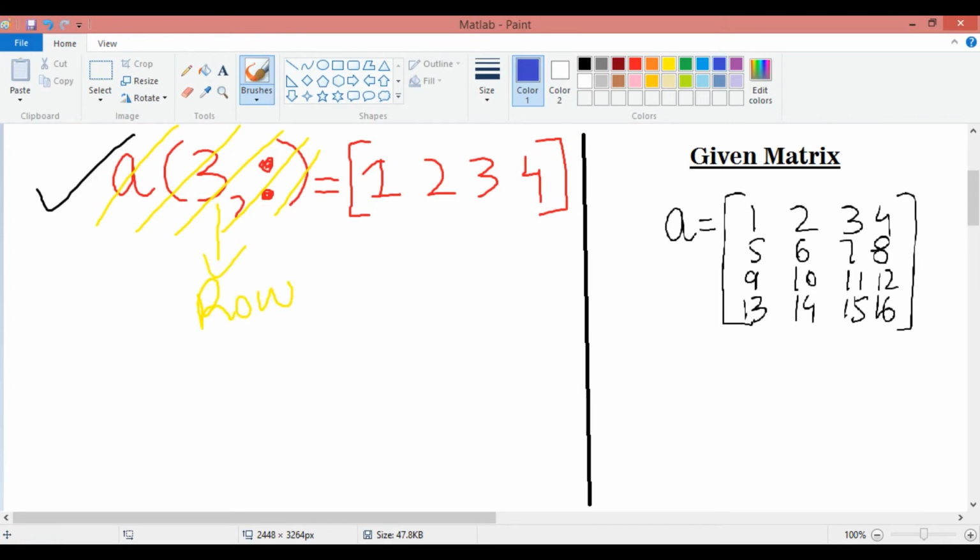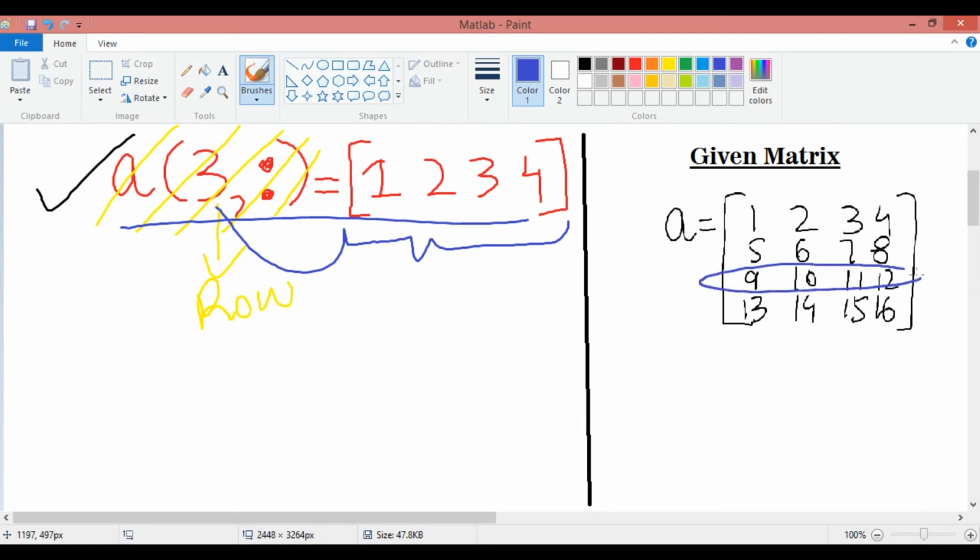In this case it will not only take your entire third row but also replace your third row by these numbers, 1 2 3 and 4. So when we use this command it will replace your third row by 1 2 3 and 4.